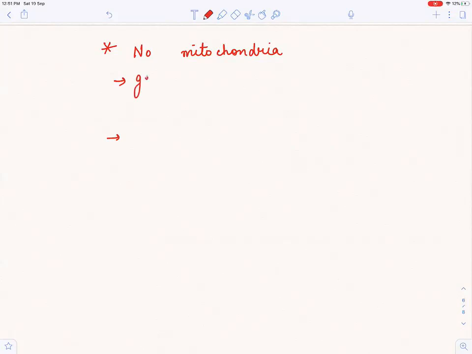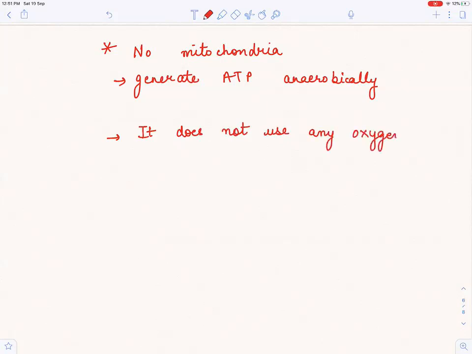It will generate ATP anaerobically, and it does not use any oxygen that it is carrying. See, it is such a